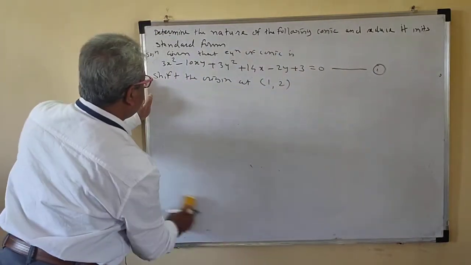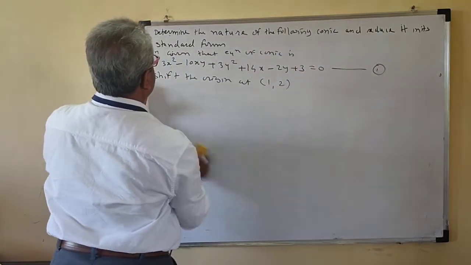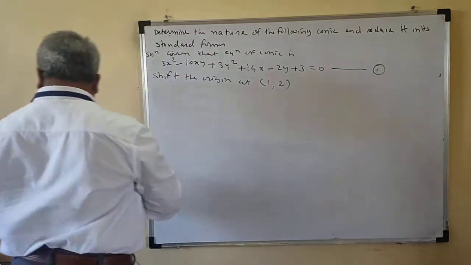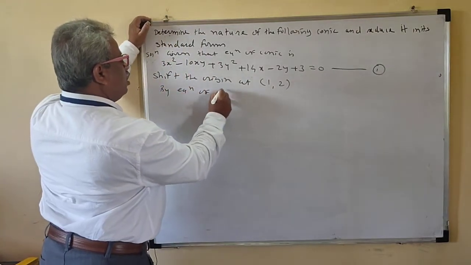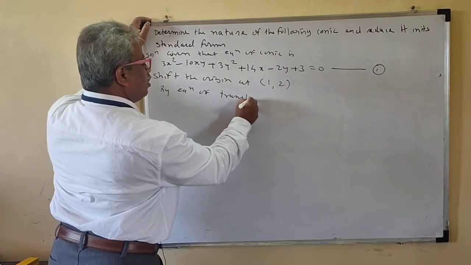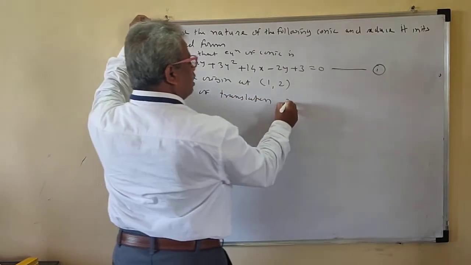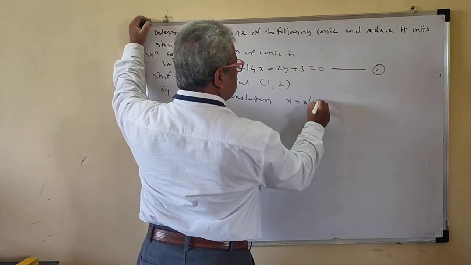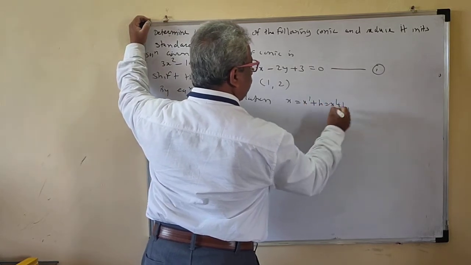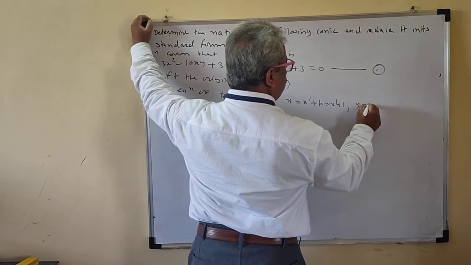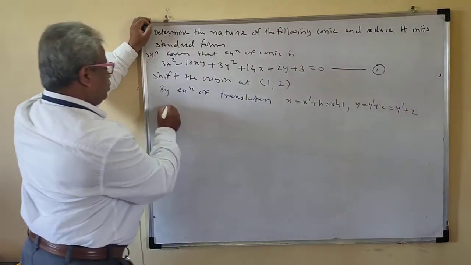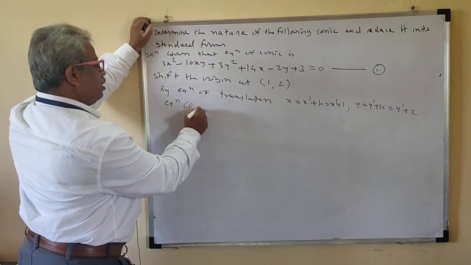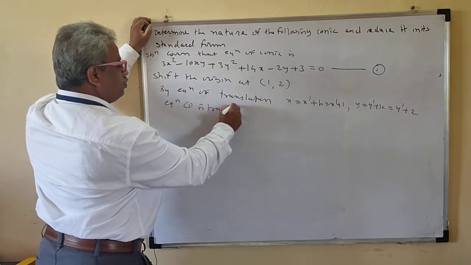Okay. Shift the origin to (1, 2). By the equations of translation, x is equal to x prime plus h, which is x prime plus 1. y is equal to y prime plus k, which is y prime plus 2. Equation 1 is transformed to